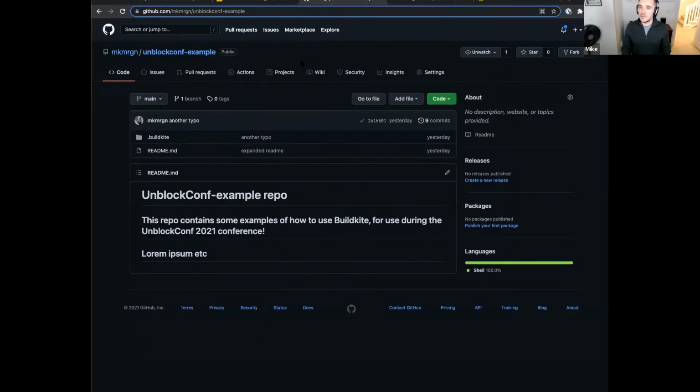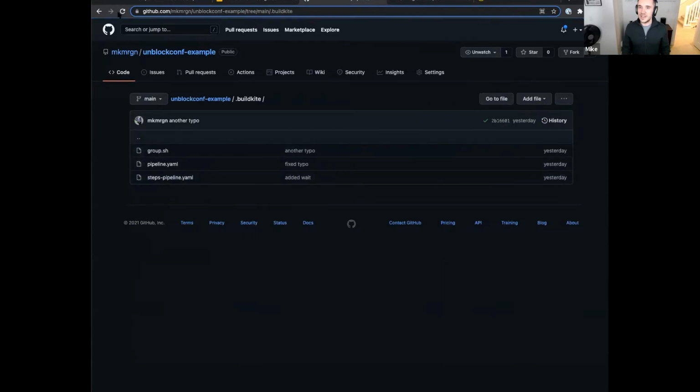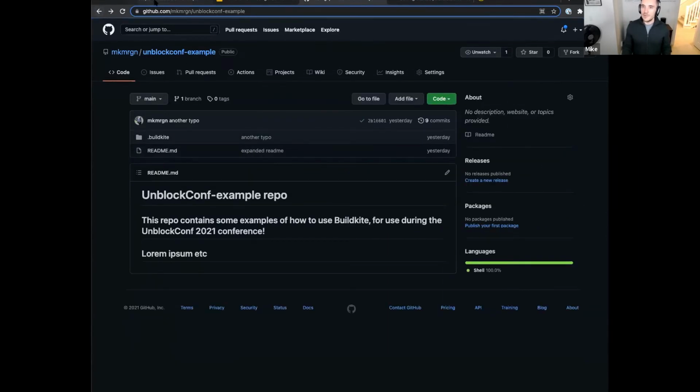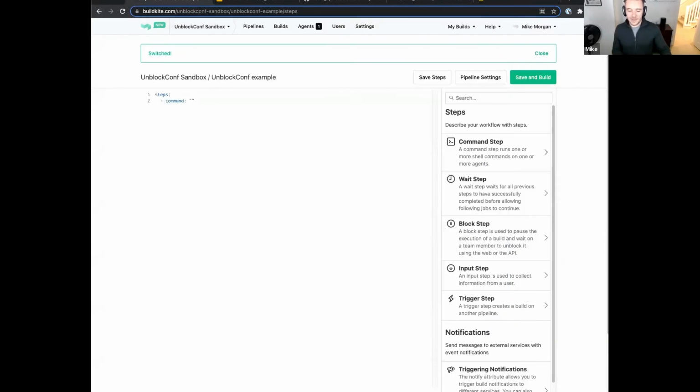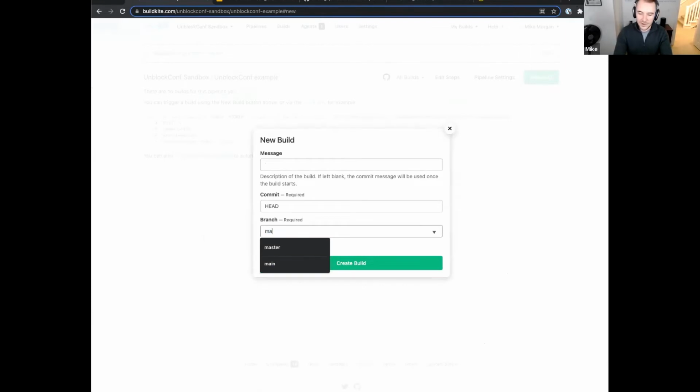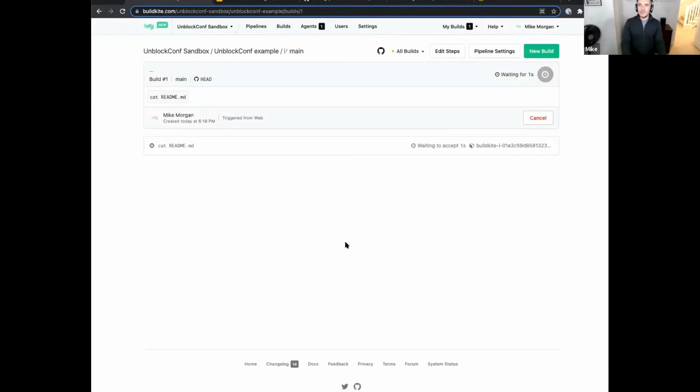So if I look in the repository here, it's pretty sparse. It's got a README, it's got a few Buildkite files in here that we'll look at in a moment. But using that logic, what I could do is something like if I just cat the README file, and this is really just to illustrate the workflow. If I cat the README file, save and build. Oh, I've got to make sure I'm using the right branch here. Then again,